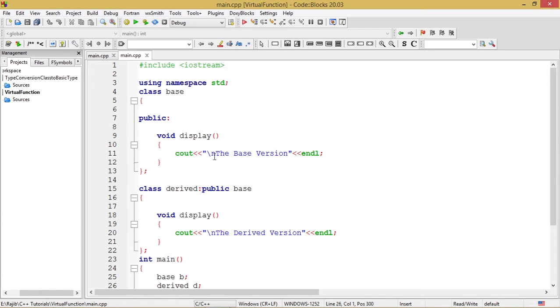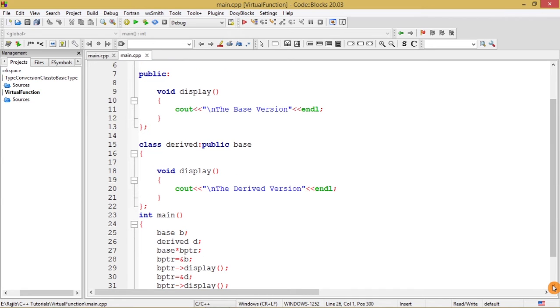The display function only shows a statement, cout the base version, endl. After that we close this class definition. We come to the next class, which is named as derived, class derived : public base. So this is the derived class which has been derived in the public mode from the class base written above.